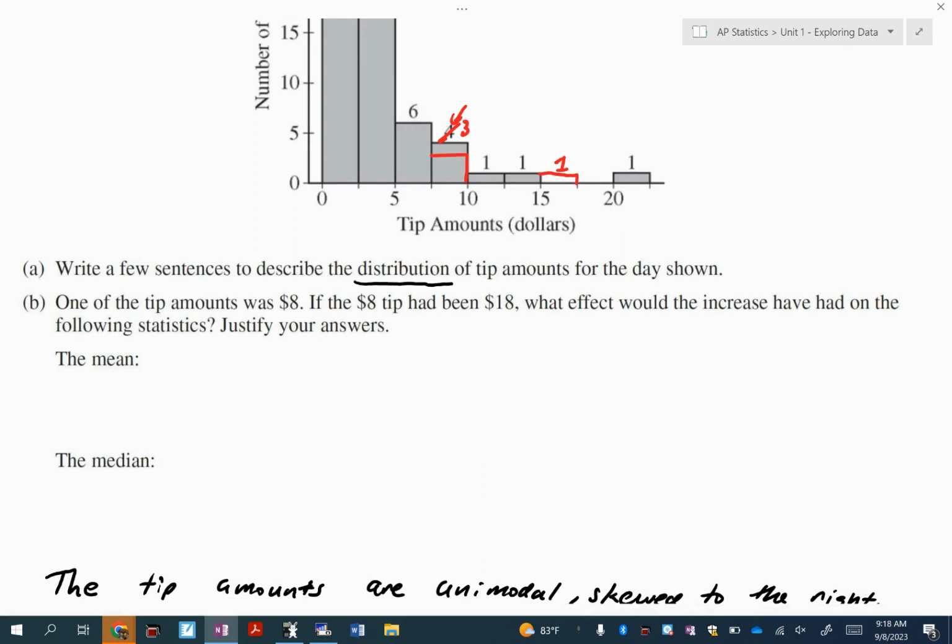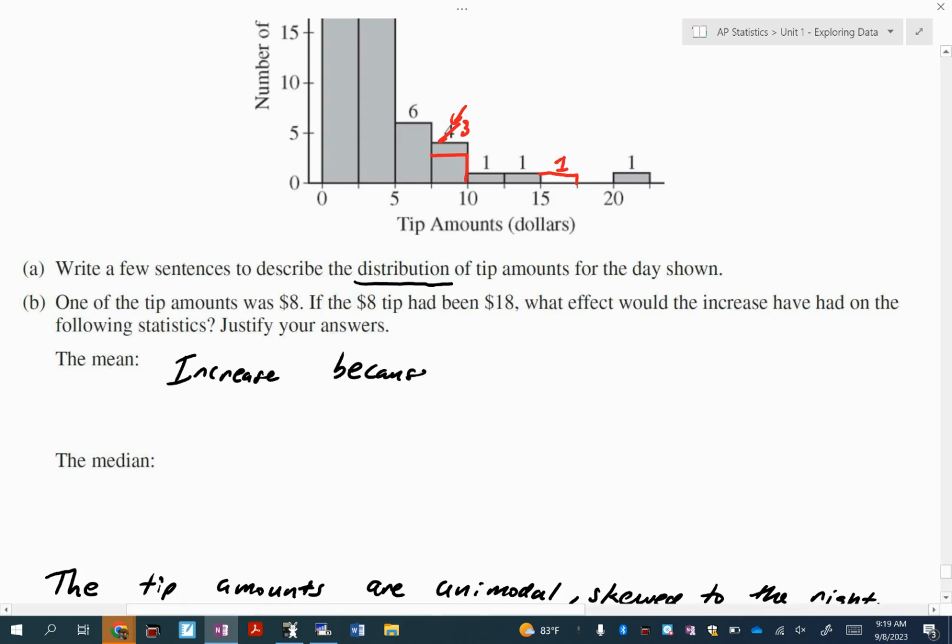And this one is, we can actually say with certainty it will increase, because if I took all my tip amounts and changed this from 8 to 18, all of Robin's tip amounts added together would have to go up by $10. And did we change the number of tips that she has received? No, it's still 60. So if we increase the sum, but we have the same data points, then it's going to be more, right? So this would increase